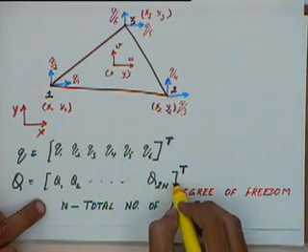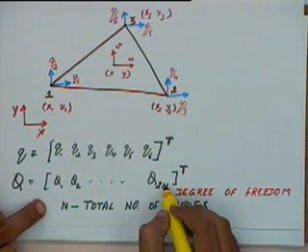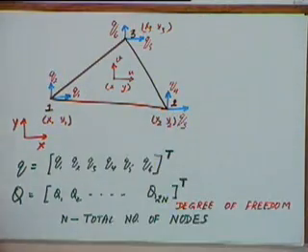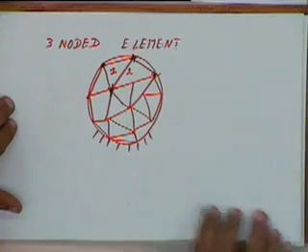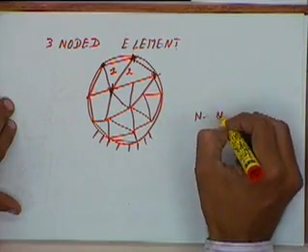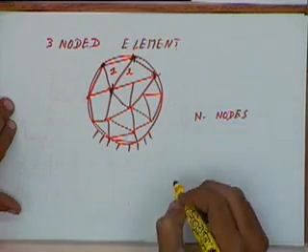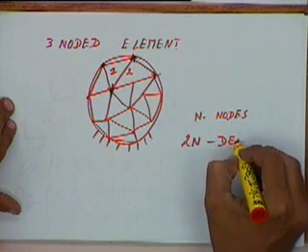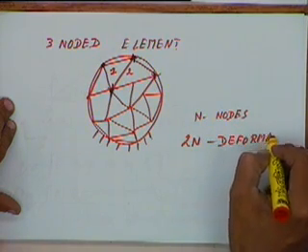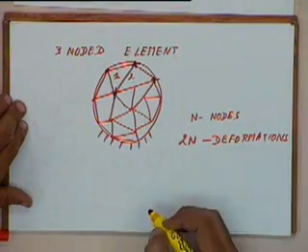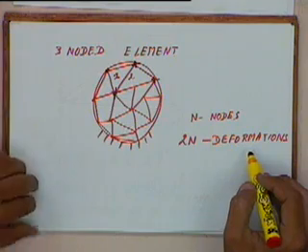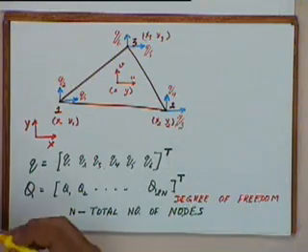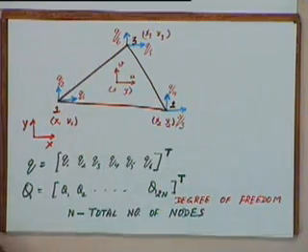Okay, so we will say that this vector has got 2n degrees of freedom. The term degrees of freedom is basically used because if I consider a complete figure like this, and it has n nodes, then there are 2n deformations which have to be specified. So we will say that this has got 2n degrees of freedom. So this is the element deformation vector, this is the global deformation vector.